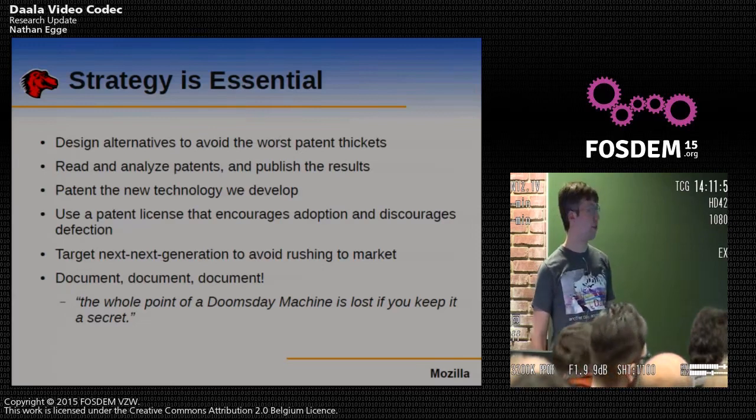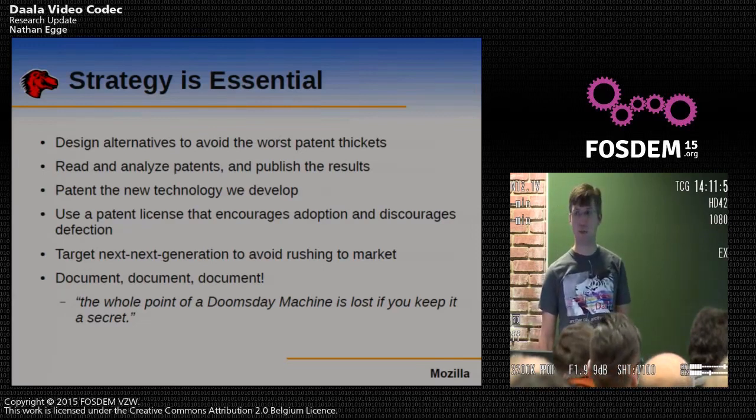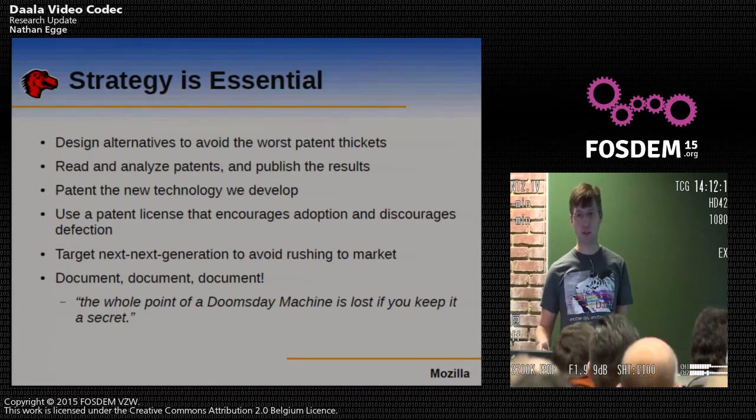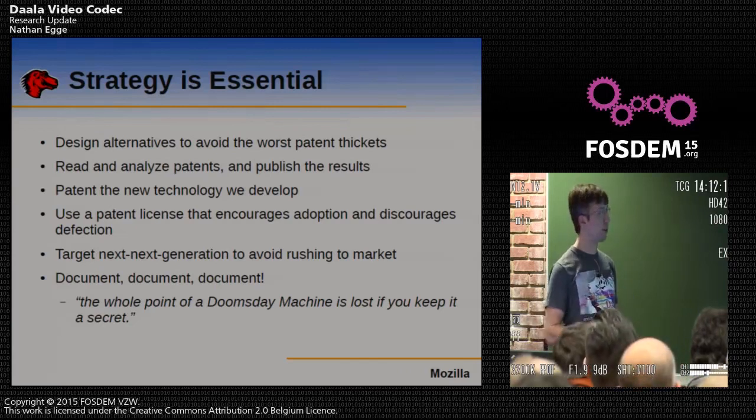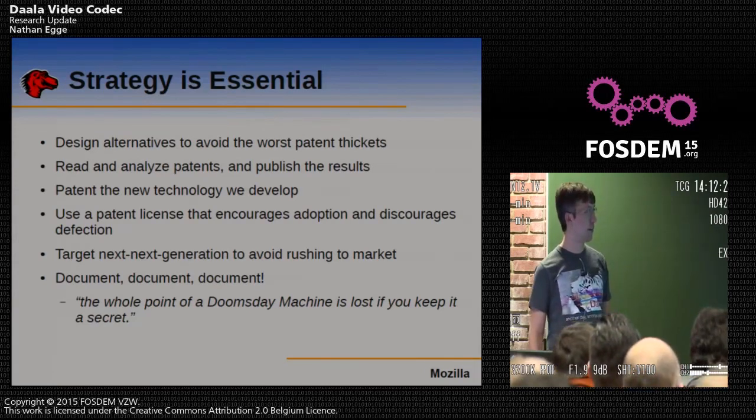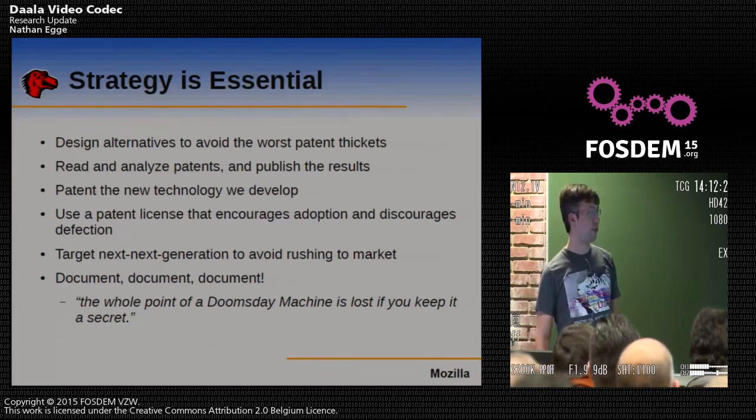We need to design alternatives to avoid the worst patent thicket. It's not enough to be just avoiding existing known patents, working around them. We have to actually have a compelling story that we can tell people about why we're royalty-free. Just going and saying, well, we read these patents and we navigated them, isn't sufficient, because the people you're talking to, who may use your technology, aren't going to read those patents. They don't want to invest the time in that. And so we have to have a compelling story.